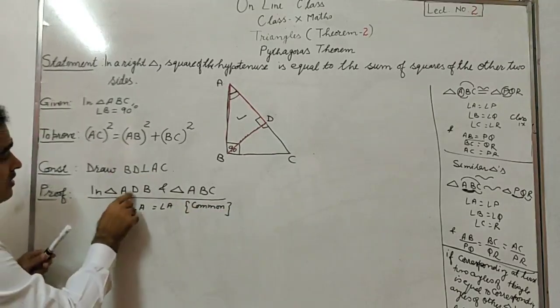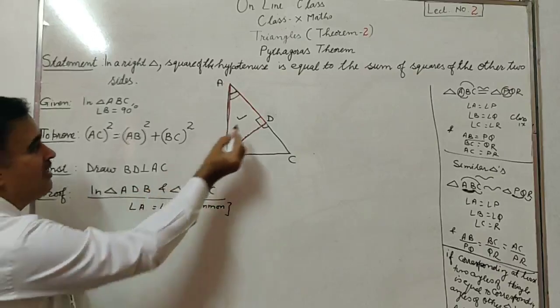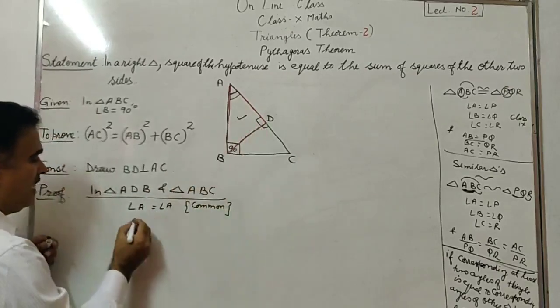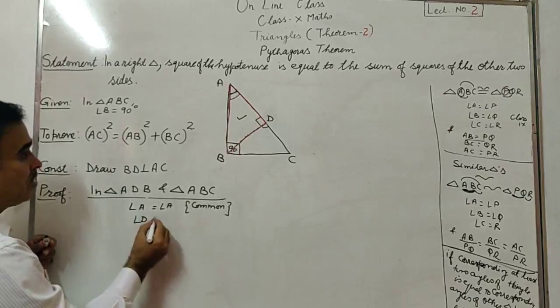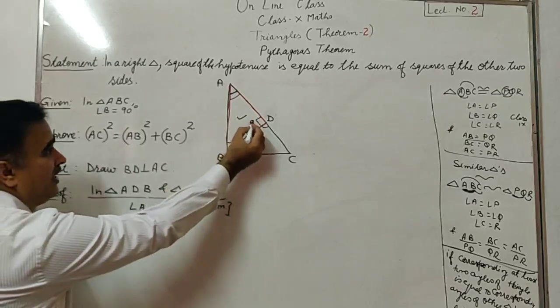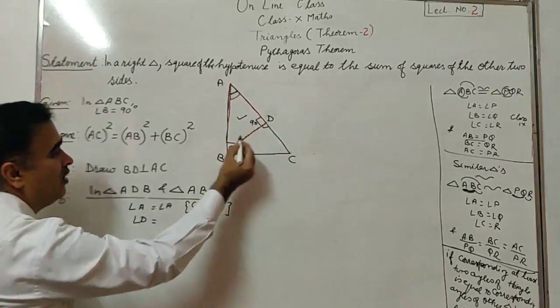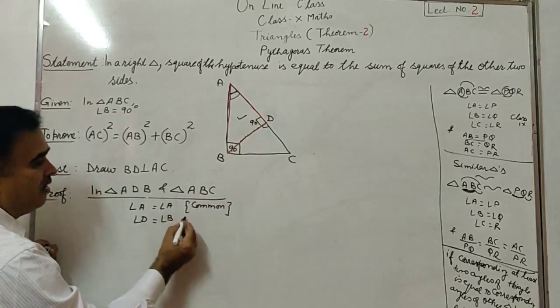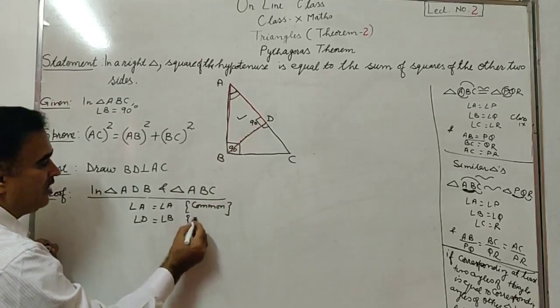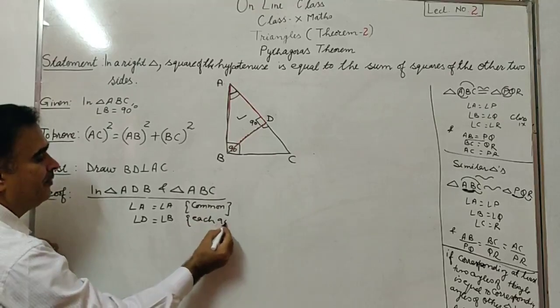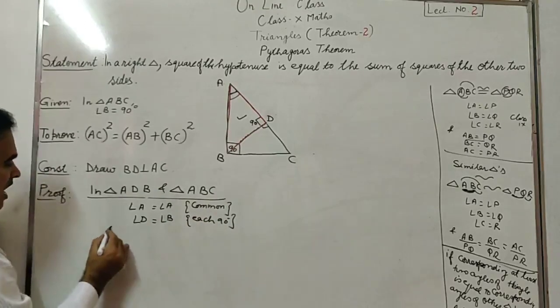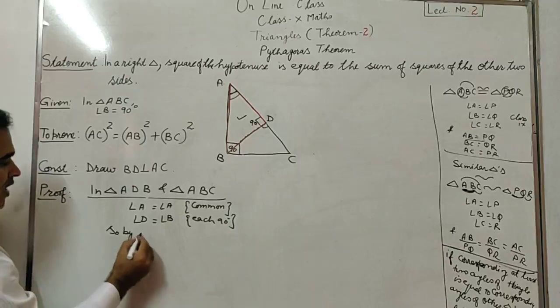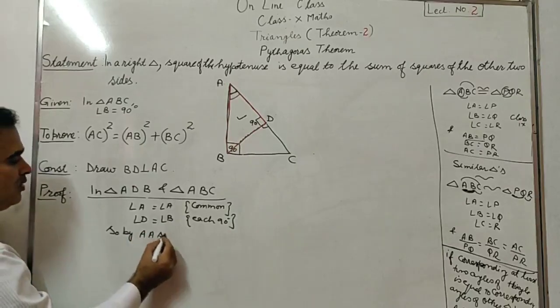And you see in this triangle ADB, you will find this point D, angle D is equal to, what is D? 90 degrees. And in this big one, where is the 90 degrees? This complete B. Angle B is each 90 degrees. So by the similarity rule,